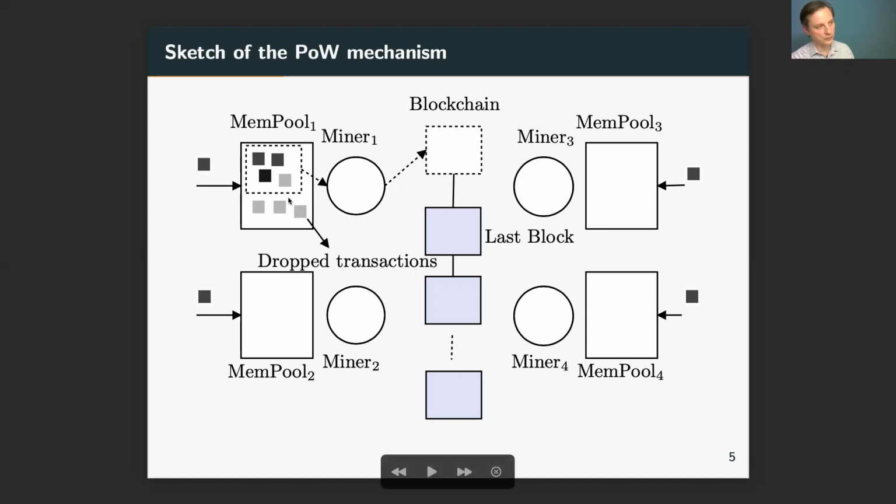They pick the transactions from the mempool, they try to mine the block, and after validating the transactions, they have to solve a puzzle. So they have to perform a computation, which usually consists of some hash computation, and when they succeed, they have consolidated the block, and this block can be added to the blockchain and will be validated by all the other